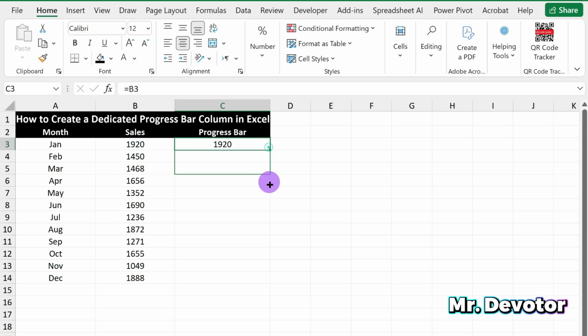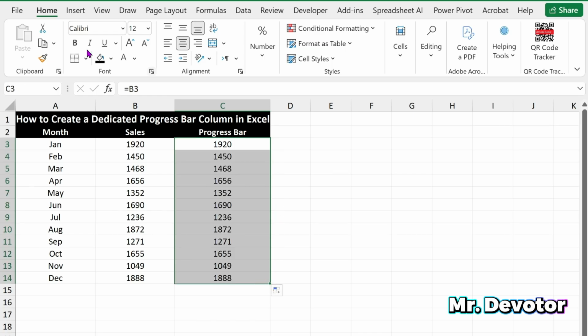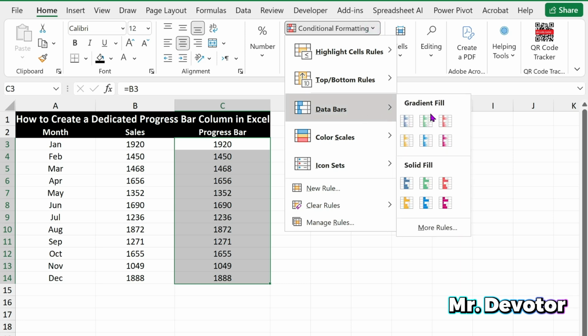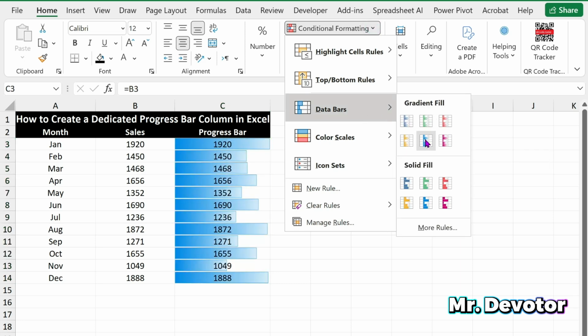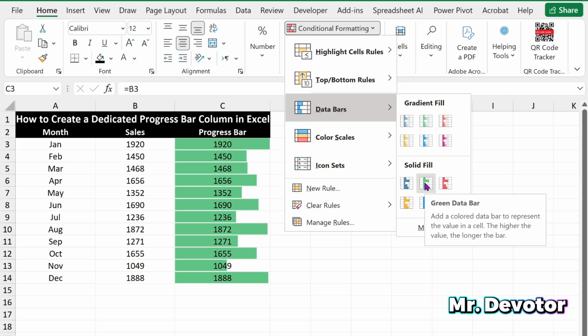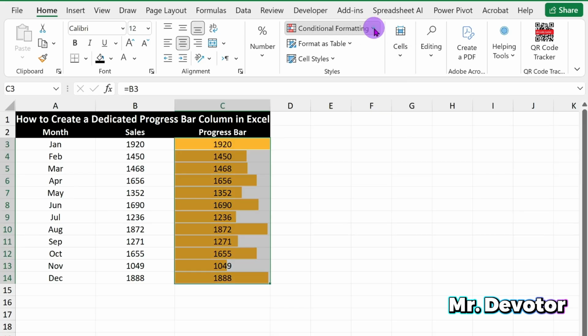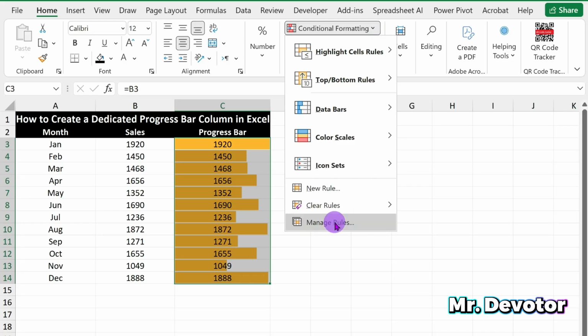Now drag this formula down to fill your column, and then go to the Home tab and click on Conditional Formatting. Click on Data Bars and select the Gradient Fill, or you can select the Solid Fill, whatever your choice is. And now again go to Conditional Formatting, click on this arrow and click on Manage Rules,